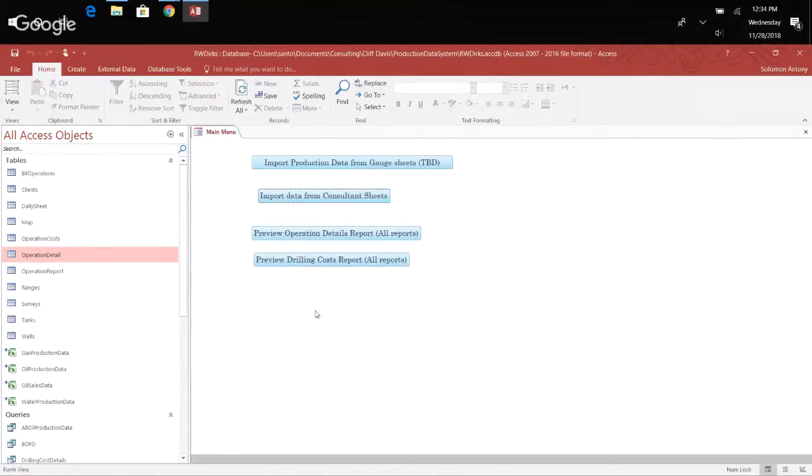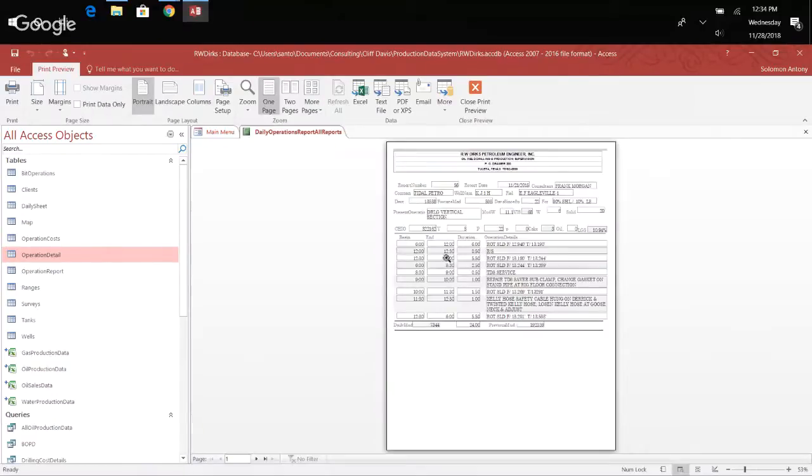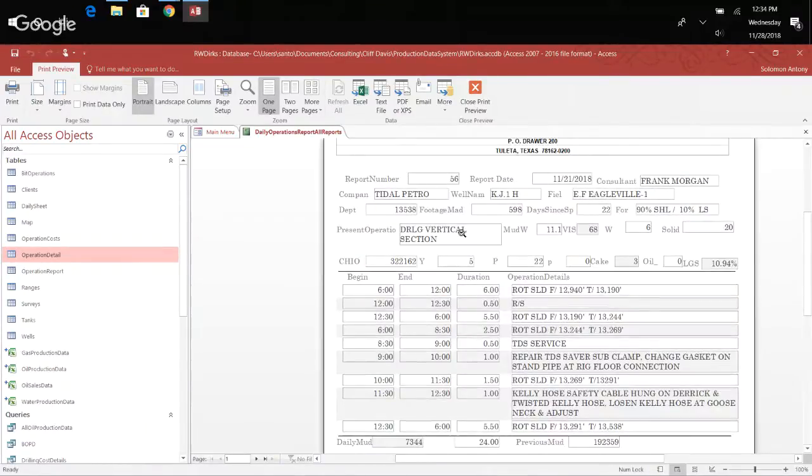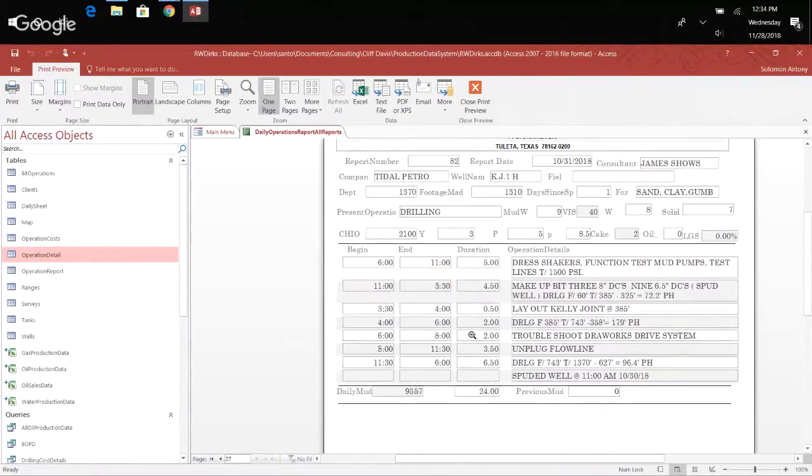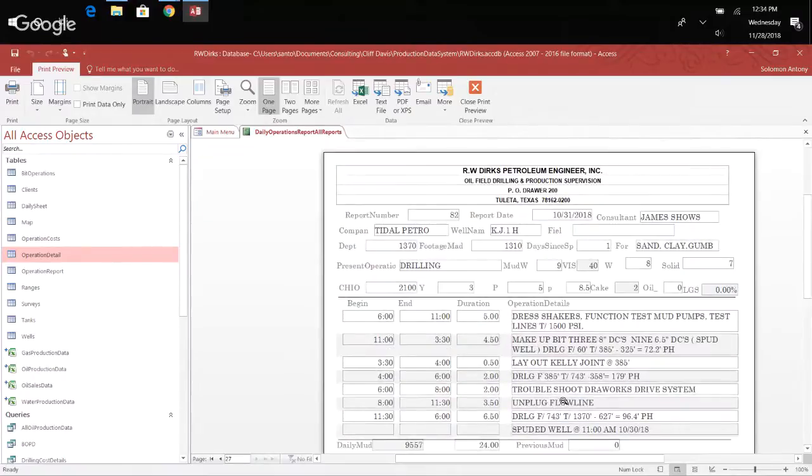I can close this and go to preview operation details report, all reports. So it's going to pull up all the reports. Later, I will set it up so that you can specify criteria for selection. Right now, it's pulling up, starting from October. So if you go to the last record, this is the last one that got imported. Okay, this is the one that got imported just now, and it is showing as a